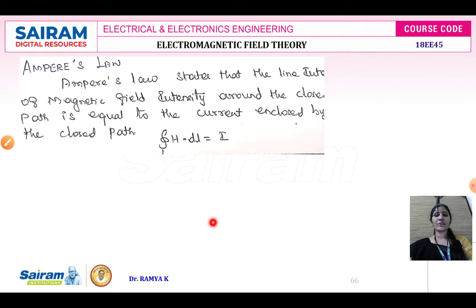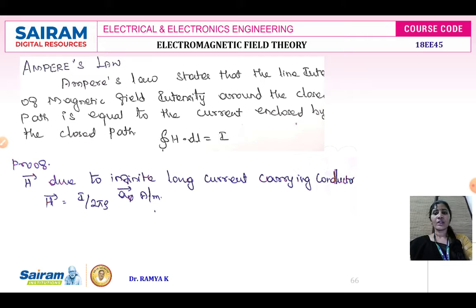Therefore, Ampere's circular law states that the line integral of magnetic field intensity around the closed line is equal to the current enclosed in that path. Current can flow only in the closed path, not in the open circuit. In open circuit, the current I will be equal to 0. But voltage V will be equal to the applied voltage. Whereas in a closed path, the current will be enormously high, because it has the property of carrying current only in the closed circuit. Therefore, the magnetic field intensity in a closed line is equal to the current enclosed in that surface. It is going to be Ampere's circular law.